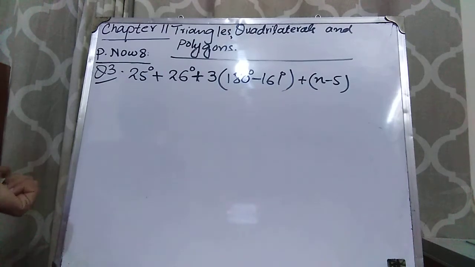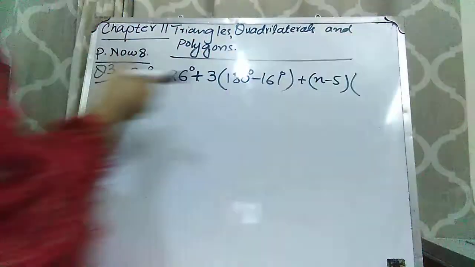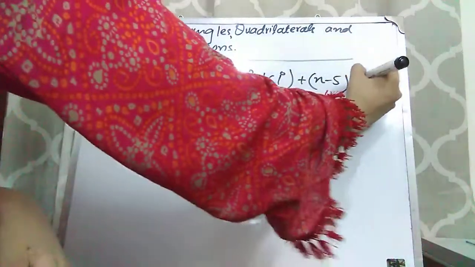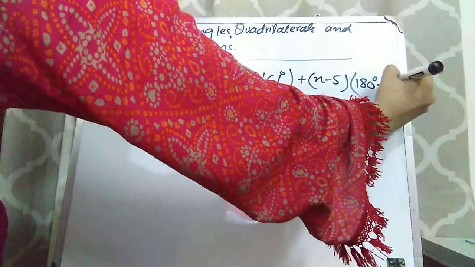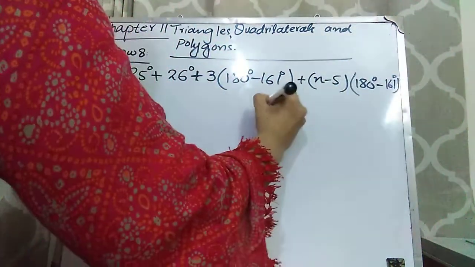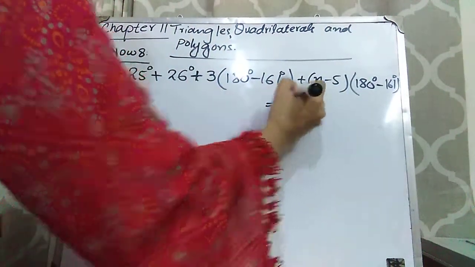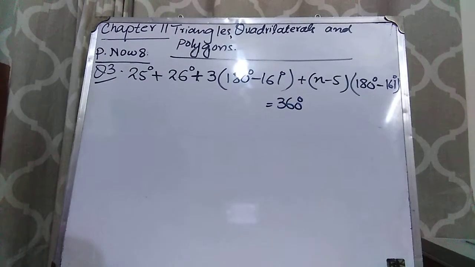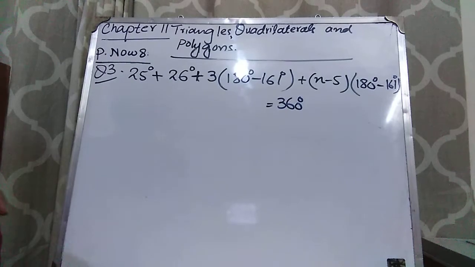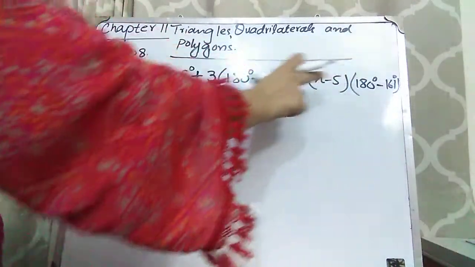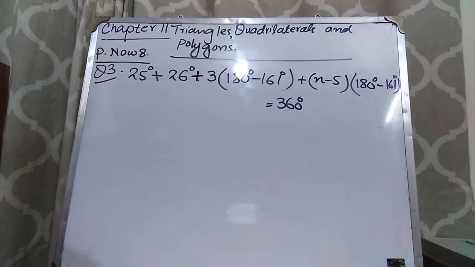Again the interior angles are given, then you will convert these interior angles into exterior angles by subtracting them from 180. So 180 degrees minus 161 degrees, and they are equal to 360 degrees. Okay, so I hope that this is clear to you. I'm going to explain it again. You know that the sum of exterior angles is equal to 360 degrees. So all these angles should be exterior angles. And remember that you can convert an interior angle into an exterior angle by subtracting that interior angle from 180 degrees.